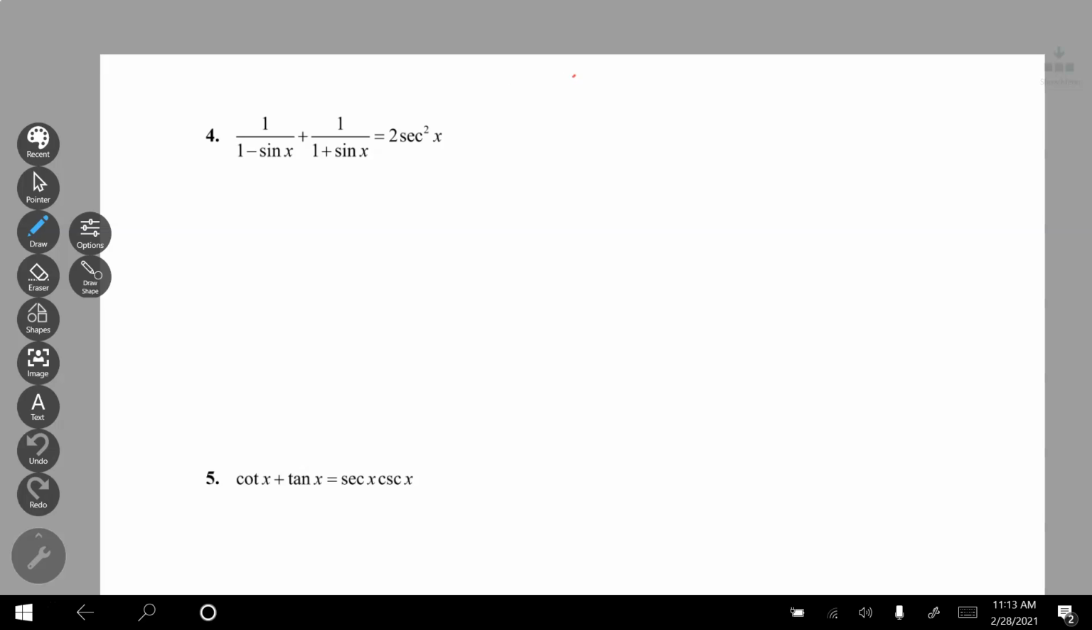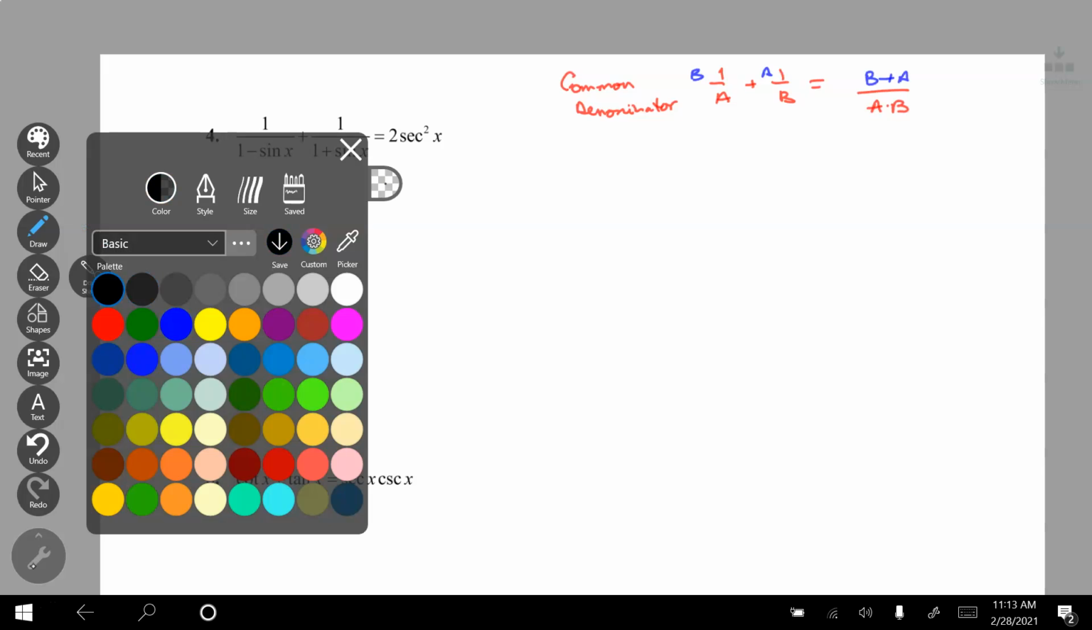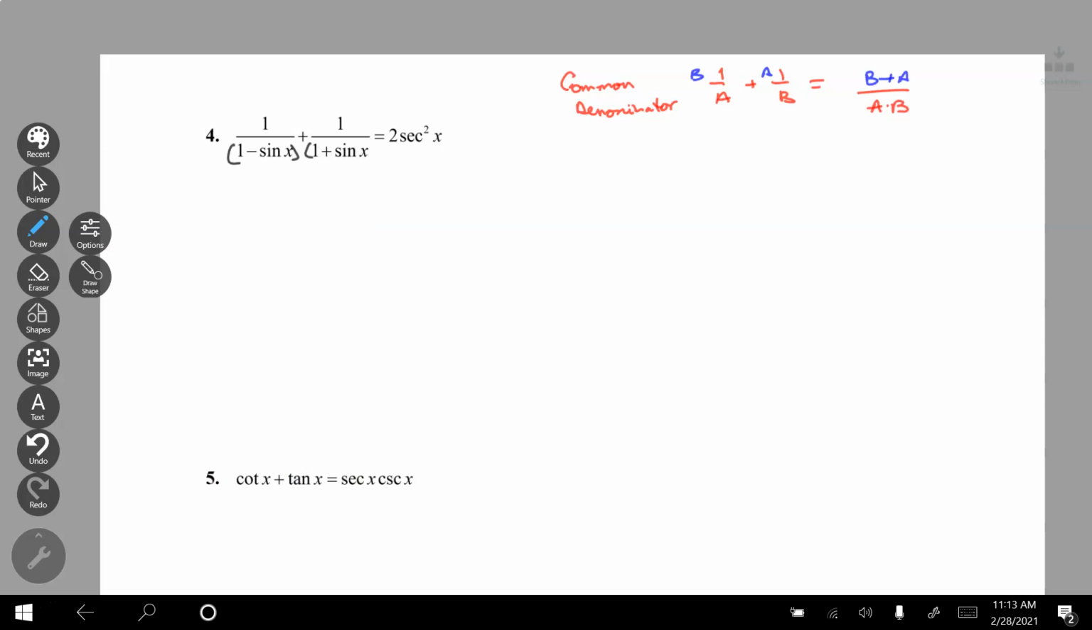I have 2 fractions here. To add them, I need a common denominator. There's no other way to add either. If I had 1 over a plus 1 over b, my common denominator would be a times b, or ab, and that means I would have to multiply this first fraction by b and this second fraction by a, and I would get b plus a as the numerator. Well, technically, this is one denominator, here's another denominator,